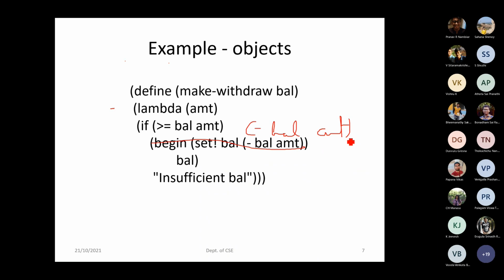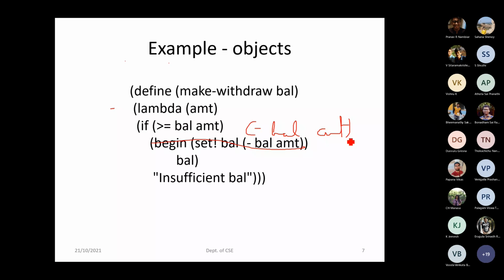Nothing will be automatic. We won't have to set it again explicitly after calling W1 and W2. For W1, whatever is the balance, that will be set. If you call W1 with respect to the withdraw part and pass the value, based on that amount it will update the new value of the balance.